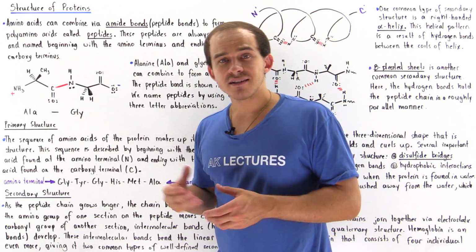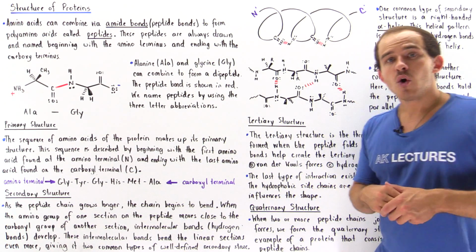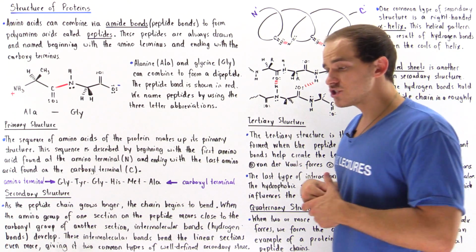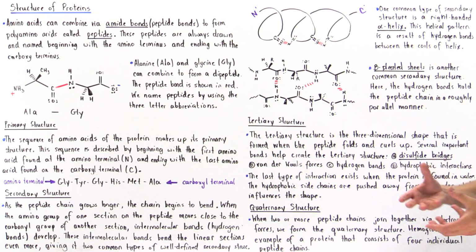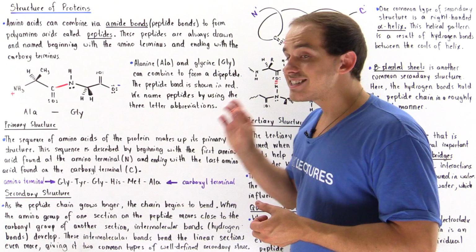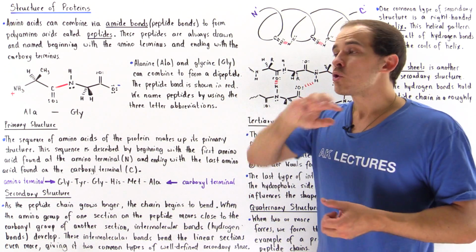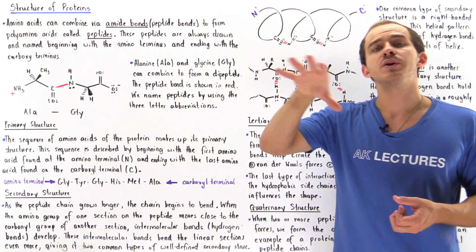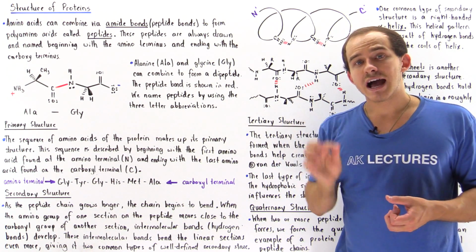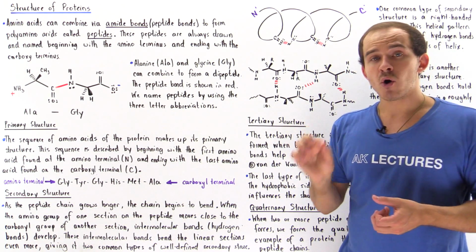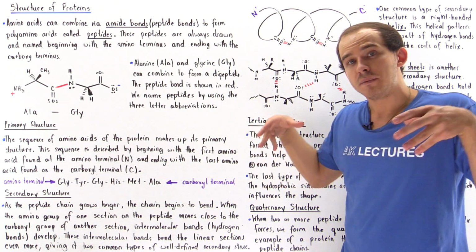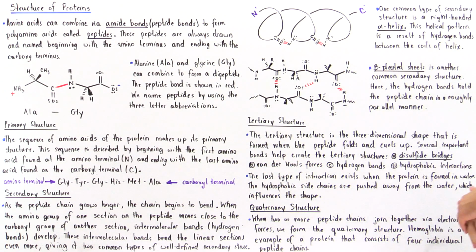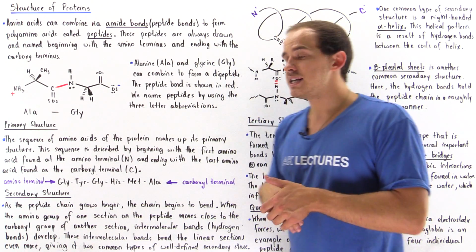So remember, amino acids contain different types of side chains. We have polar and non-polar side chains. We have acidic and basic side chains. Now, proteins are usually found in water. So that means the side chains that are polar will be found on the surface of that three-dimensional structure, while the side chains that are non-polar will try to hide from the water solvent, which is polar, and so those will be pushed towards the inside of that three-dimensional structure, and this will influence the structure of that protein as a whole.